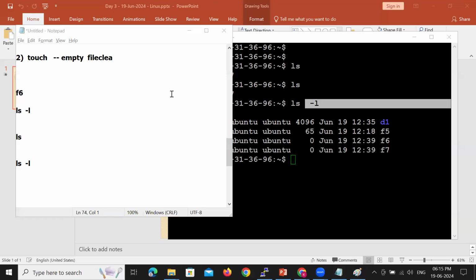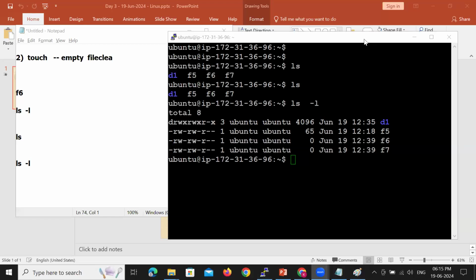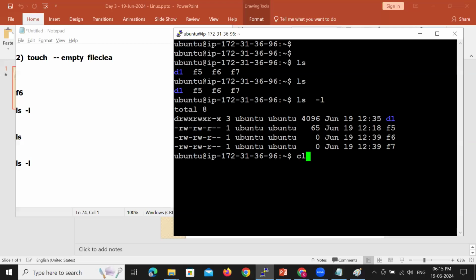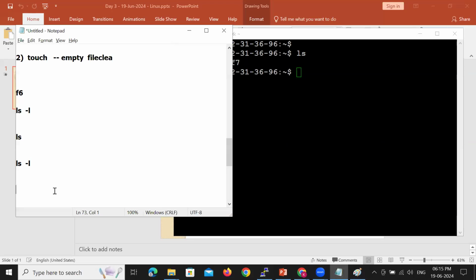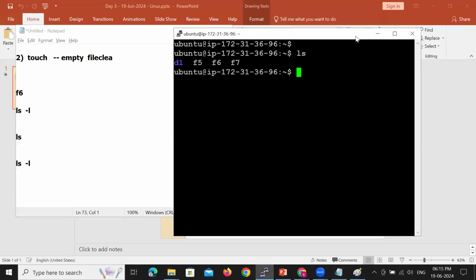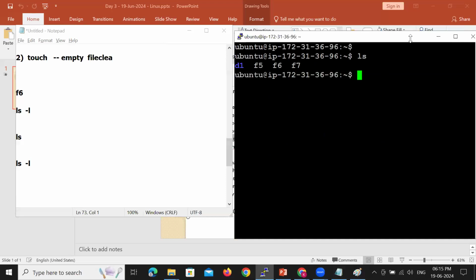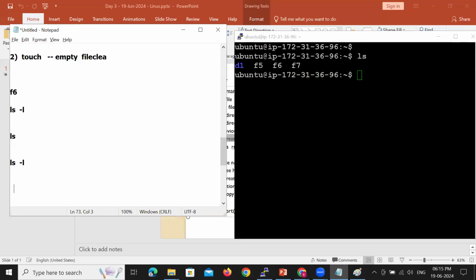Now, a very, very important point. Please observe. Clear the screen. ls to see the list of all the files and directories. I want to create a file which starts with a dot.